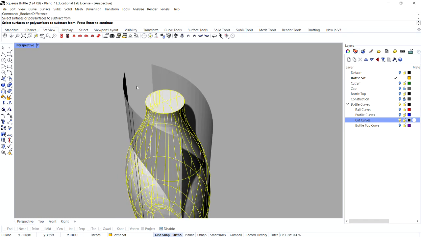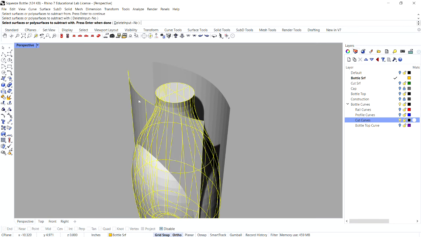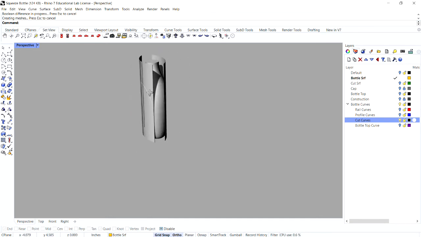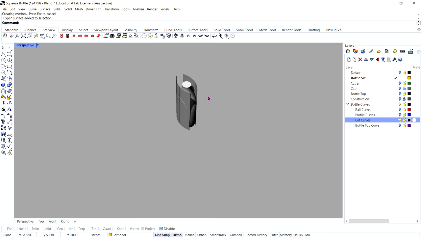So go ahead and select the squeeze bottle and then enter to continue. Now select the surfaces or polysurfaces to subtract with. In this case, that's going to be the lofted surfaces, and then enter when done. Okay, and you see it has now trimmed the bottle according to these lofted surfaces, right?